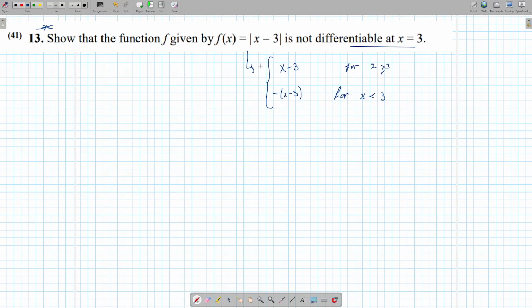So the first step you did is you split it up. Every time you get absolute value, you have to do this. Then you can just follow the steps easily. Not differentiable at x equals 3. That means you need to prove